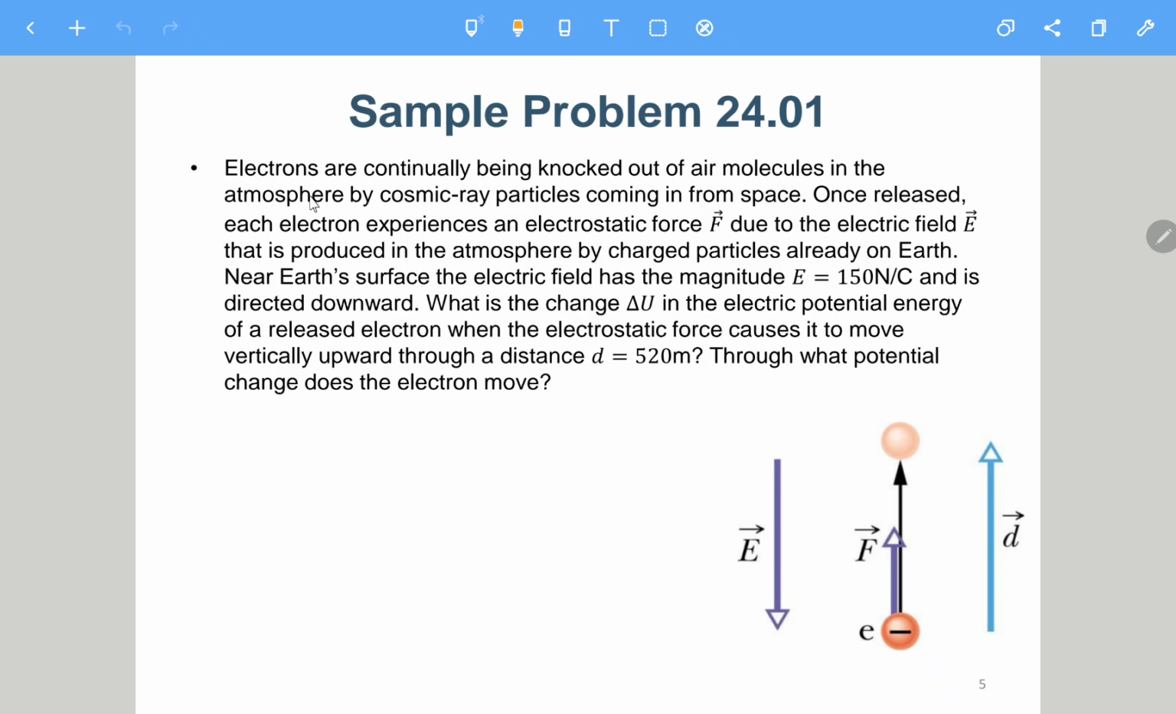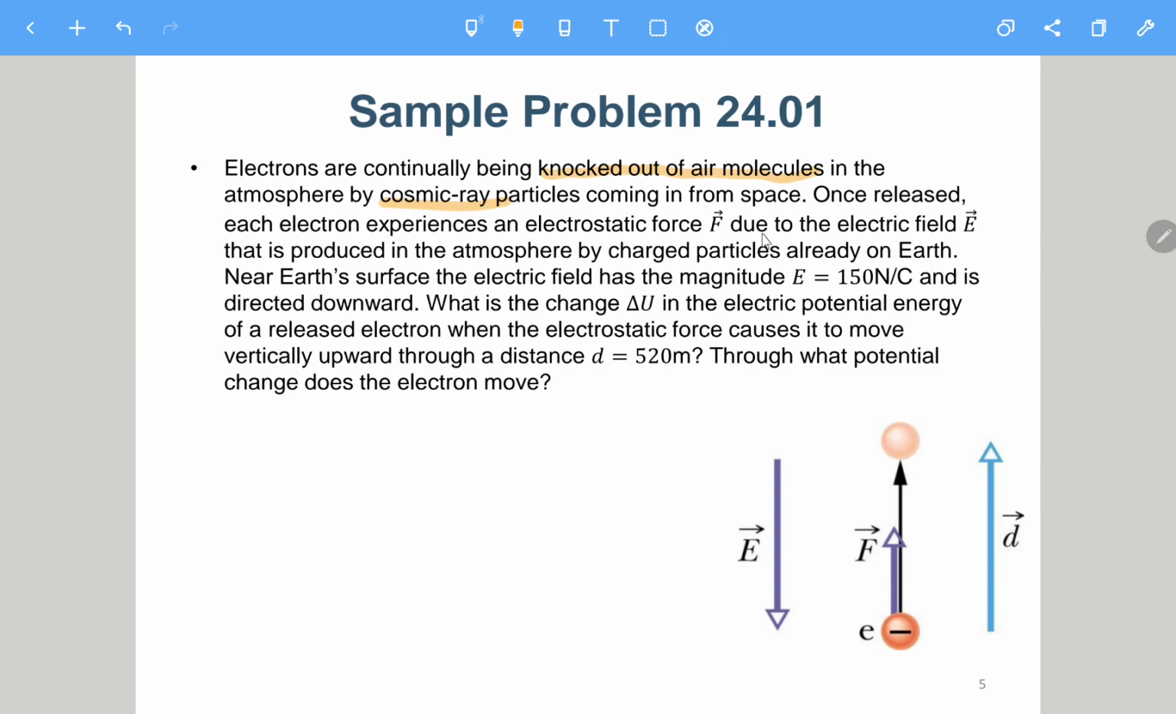Okay, so here let's take a look at a sample problem. It says electrons are continuously being knocked out of air molecules in the atmosphere by cosmic ray particles coming from space. 他说就是电子一直就会被一些宇宙射线打中，然后那些电子被打中之后就会被赶出那个空气的分子。So continuously knocked out of the molecules in the atmosphere by the cosmic ray particles coming from space. 所以21章的时候就提过，在EM wave的频谱里面，最高频的就是那些gamma ray、X ray，就是指这个cosmic ray。